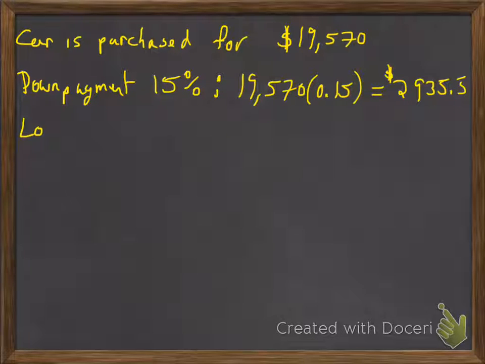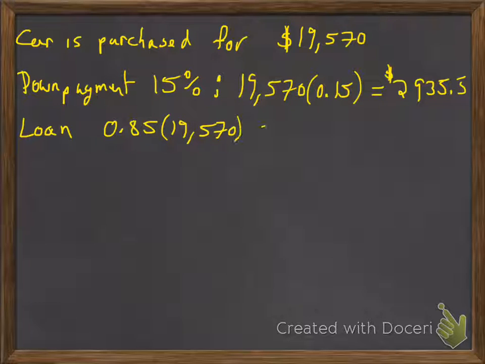And this is going to be a little bit unusual for a car loan. Usually car loans are 60 or 72 months, so 5 or 6 years, and in many cases less than that. So we're going to stretch it a little bit here, and we're going to be loaned the rest of that,